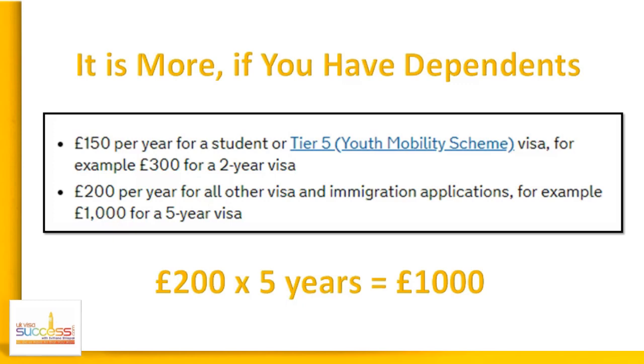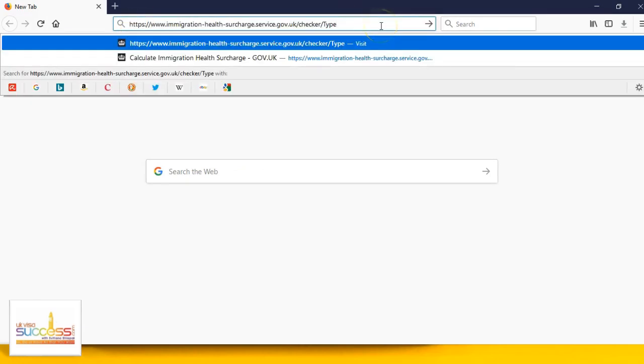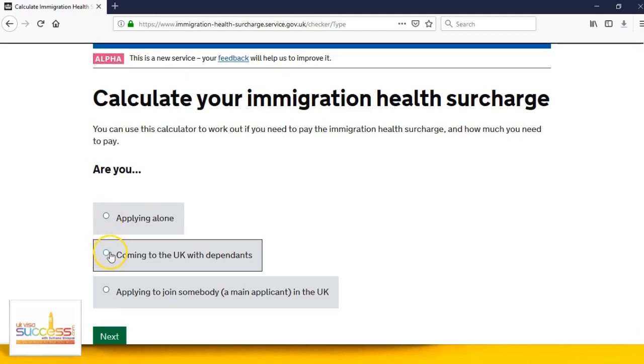How much more? It will depend on the type of application, but here is a very, very simple way of checking this out. Suppose you're a visa national and making your application to enter the UK together with 2 visa national children to join your British citizen husband here in the UK. So what you need to do is this. You need to go to www.immigration-health-surcharge.service.gov.uk/checker/type, and then choose coming to the UK with dependents,